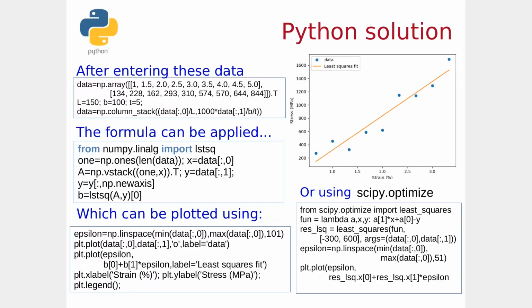I've then allowed variables L to be 50, B to be 100, and the thickness to be equal to 5, and then I've restacked the data using the old data, dividing by L to give me a strain, in this case the length, 50 rather, and then I've converted the